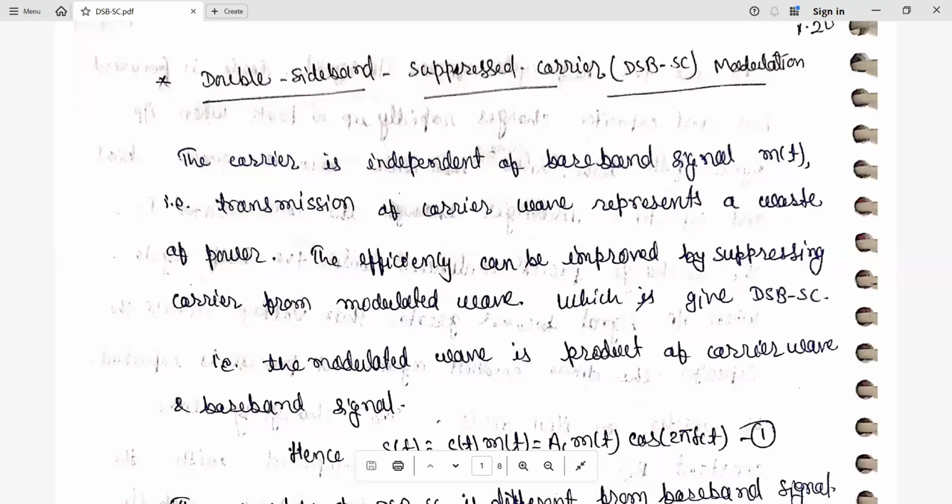Double sideband suppressed carrier. What is the name? The carrier is suppressed. What will be the difference between this and the amplitude modulation we have seen normally? In this double sideband suppressed carrier, you will see that the carrier will not be available, so that we can save the power. And here we are going to see how we are able to generate the DSB-SC modulated wave,